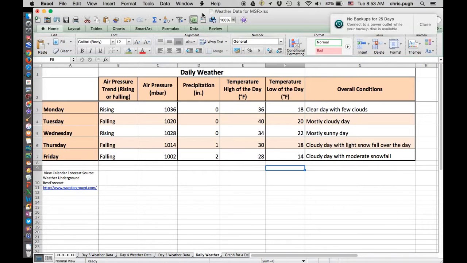Alright, so here I have a chart that has kind of mixed amounts of data. I'm very careful that when I put in numbers that I don't put in the units, because if I put the units in, then Excel doesn't know what to do with them and it won't let me make a graph. And that's what I want. I want a graph, or what Excel calls a chart. To do that, I'm going to need to make sure